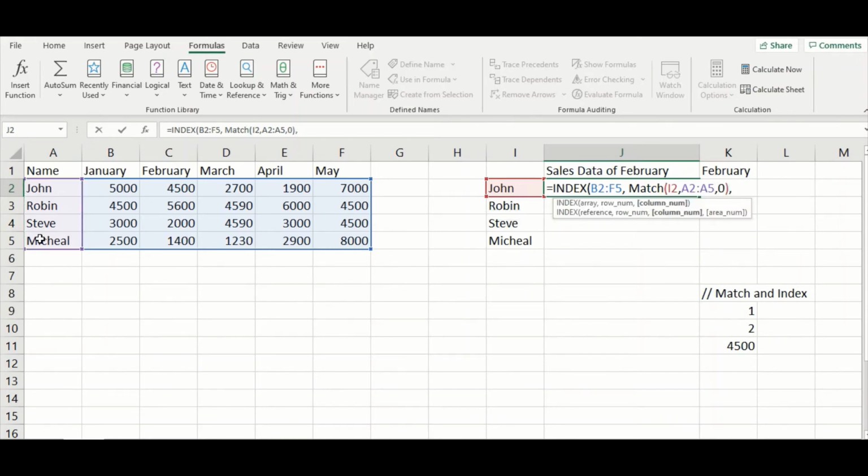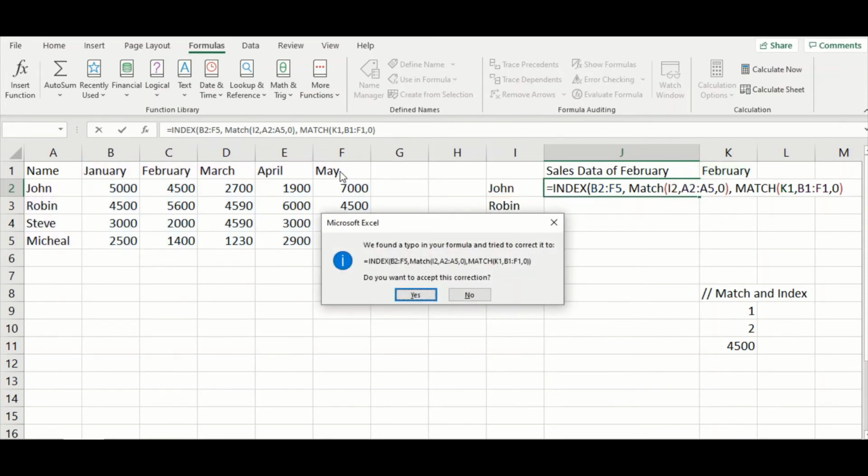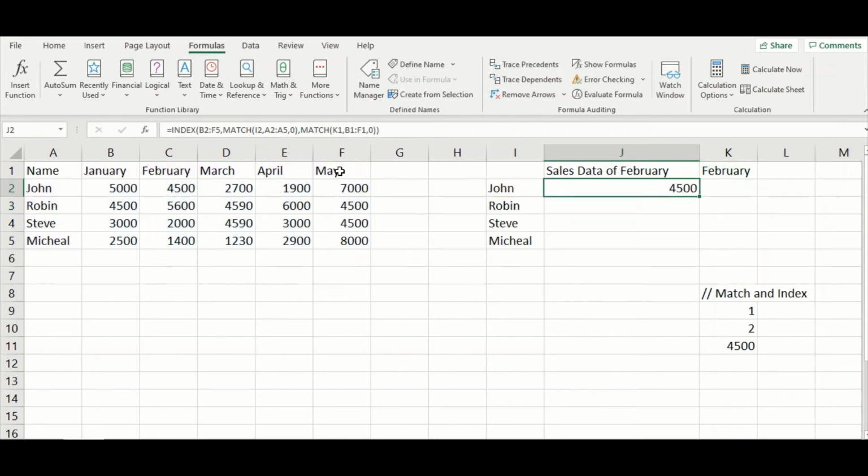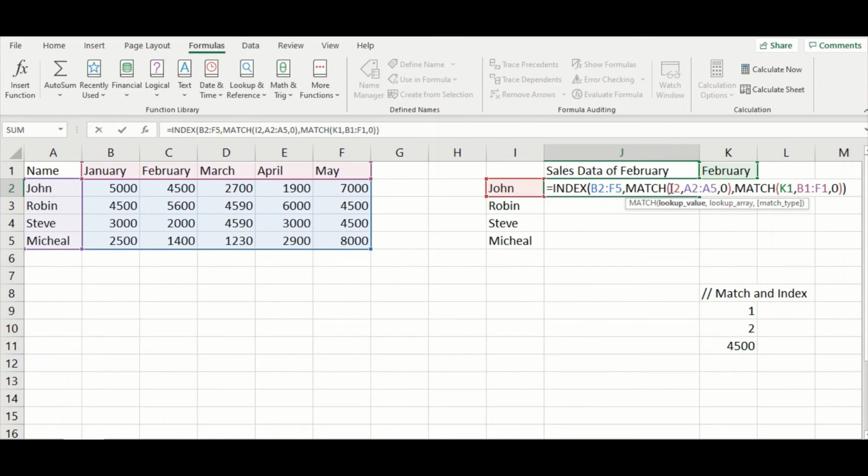For the column number, again match. The column that we need to find is this in this array, and match type is exact match. Sorry, I missed one bracket. So John's Feb data is 4500. Okay.